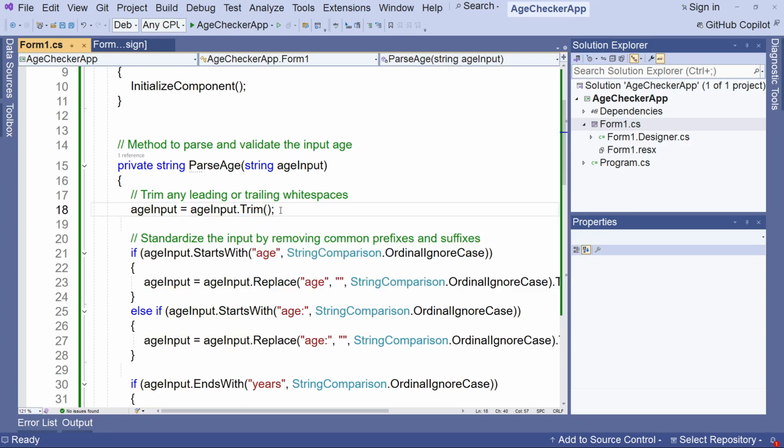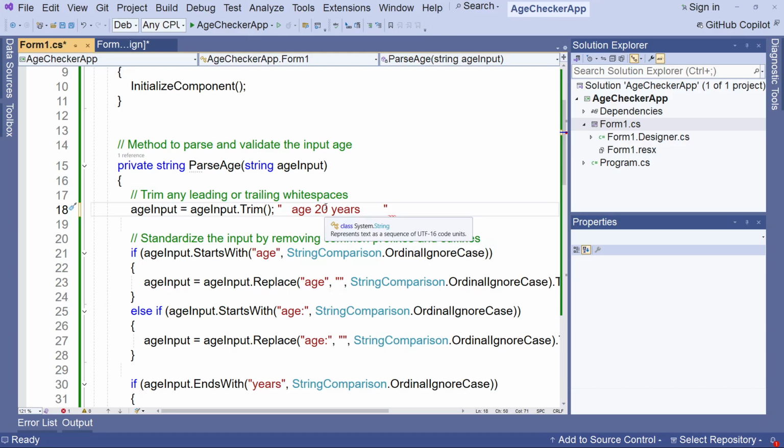And what dot trim will do is trim any leading and trailing spaces. So if you had something like this, and you had a bunch of spaces here in your input field,